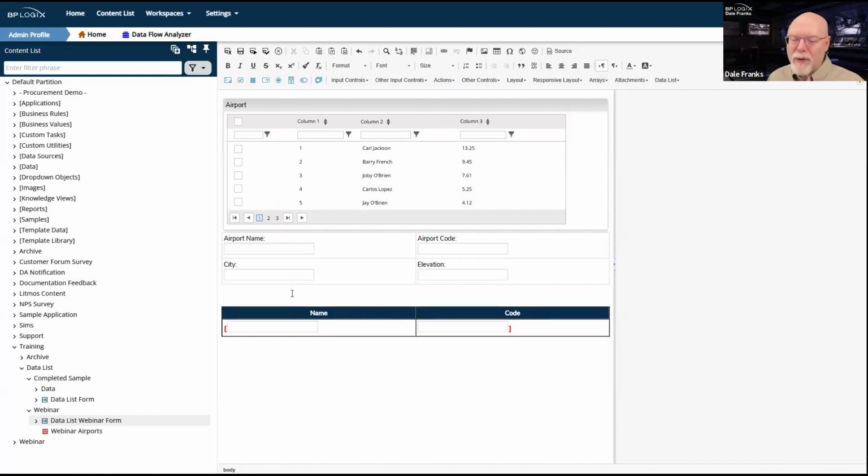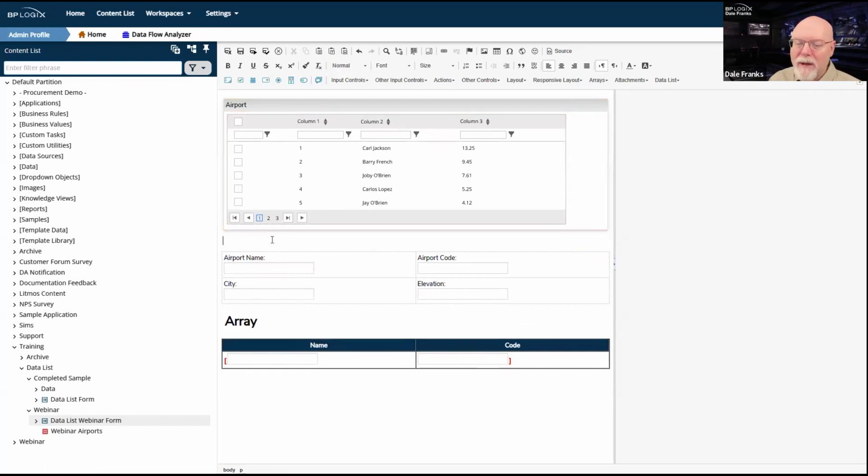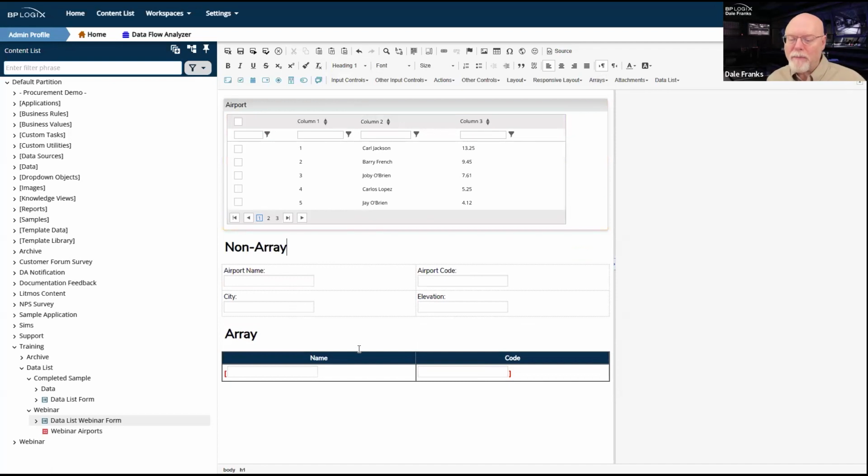So I have two types of data here, and I'll call this array in case it's not obvious. And this one, I'm just going to drop in a little header here, and I'll call this non-array. And again, I'll set it to heading 1.